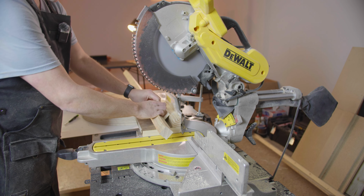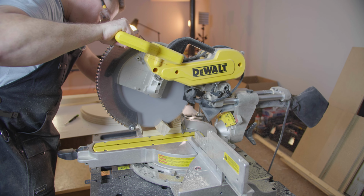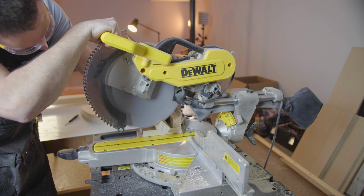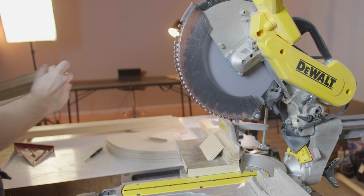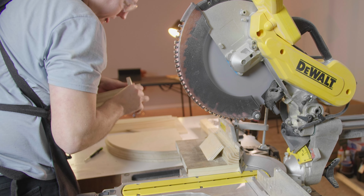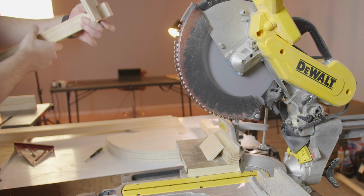With the test done, I set up the actual column and got to cutting. And this took forever. I had to go slow to try to be as precise as possible. And also the blade I'm using is just a regular stock default blade that comes with the saw. It's not a dado stack or anything. But after 8 or 9 cuts, as you see there, the dado cut was complete and the ½ inch board